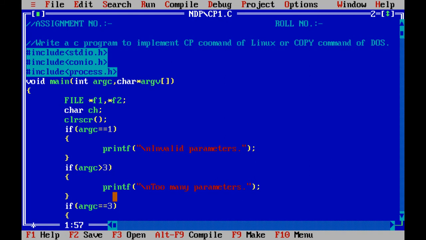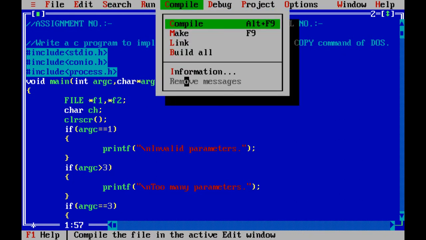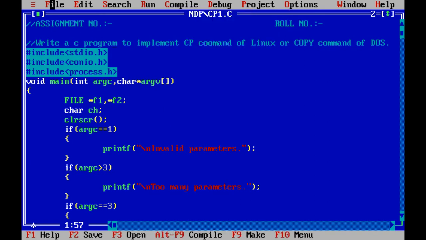Now one thing: most of you are getting errors because of the compilation steps which are here. You follow these compilation steps, which are compile, make, link, build all, and after that you try to change your directory location.